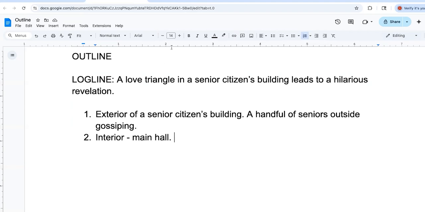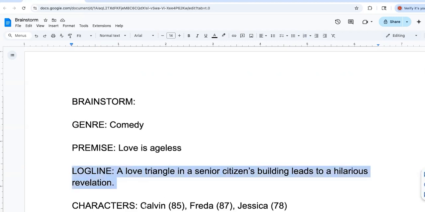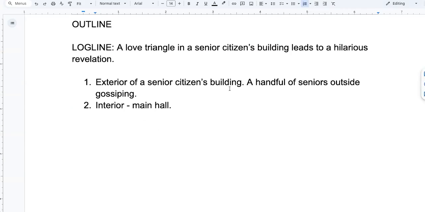So imagine we have three characters. So we have like a love triangle. We got Calvin, Frida, and Jessica. So Calvin is a little bit of a player here because he's courting both of these ladies, and we have to find a way to show how that plays out. So this is just an outline I'm coming up with off the top of my head. And we can start off by showing